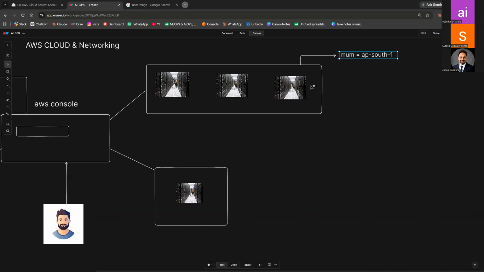Mumbai means they have kept their data centers in Mumbai. There is no public information about these data centers, and no coordinates are published, so you will not get it. What is inside this? Inside these are availability zones: AZ-1, AZ-2 and AZ-3. That means availability zone 1 is data center 1, availability zone 2 is data center 2, availability zone 3 is